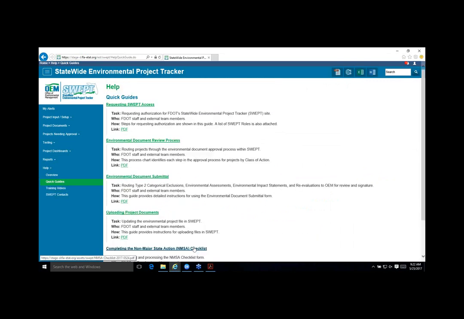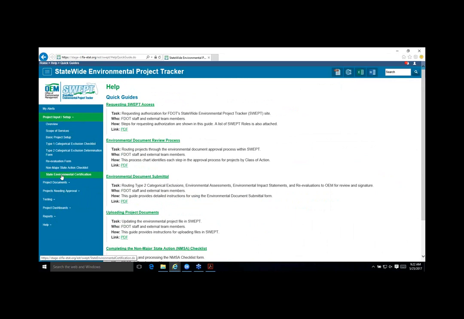Can you also show them that if they already had a project that they completed a non-major state action on, but they needed to complete the state environmental certification, can you just show them the left-hand menu on there as well? They could have used that left-hand menu to get there. Yes. So there's multiple spots to get there.